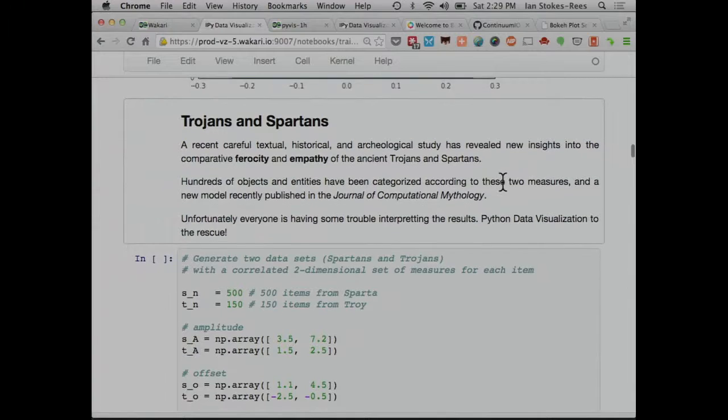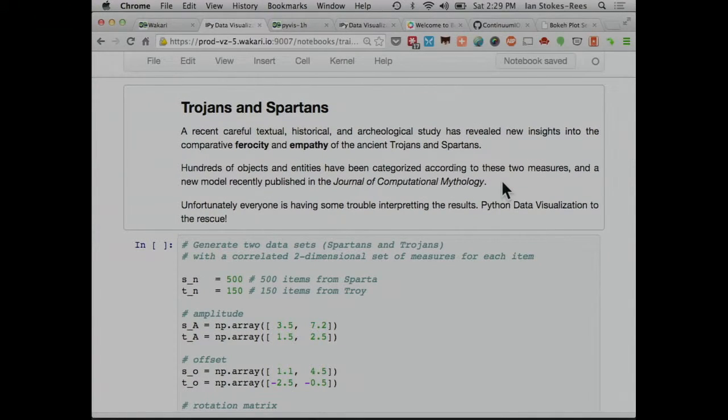We're going to use this little story about the Trojans and Spartans. Has anyone heard the story of the Trojans and the Spartans before? That would mean, were you at Compute Fest in January run by Harvard? Because I gave a variation of this talk. No? Okay. So this is going to be a little made-up story about the Trojans and the Spartans and how